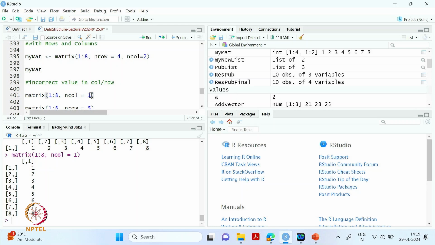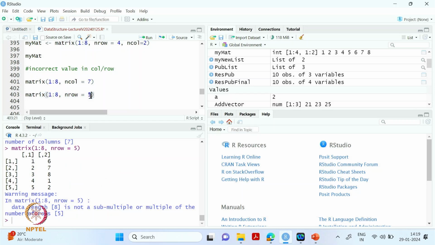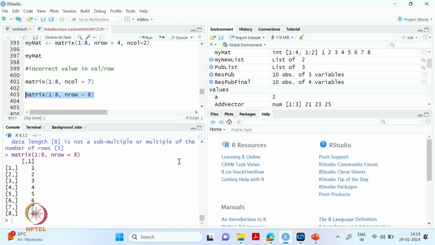But if I have the value 7, this matrix will not be created. The same way if we do for rows, if I do it like this, it won't be created. So whenever you are creating a matrix, you have to remember that the data length should be a multiple or sub-multiple of the number of rows or the number of columns. Okay,